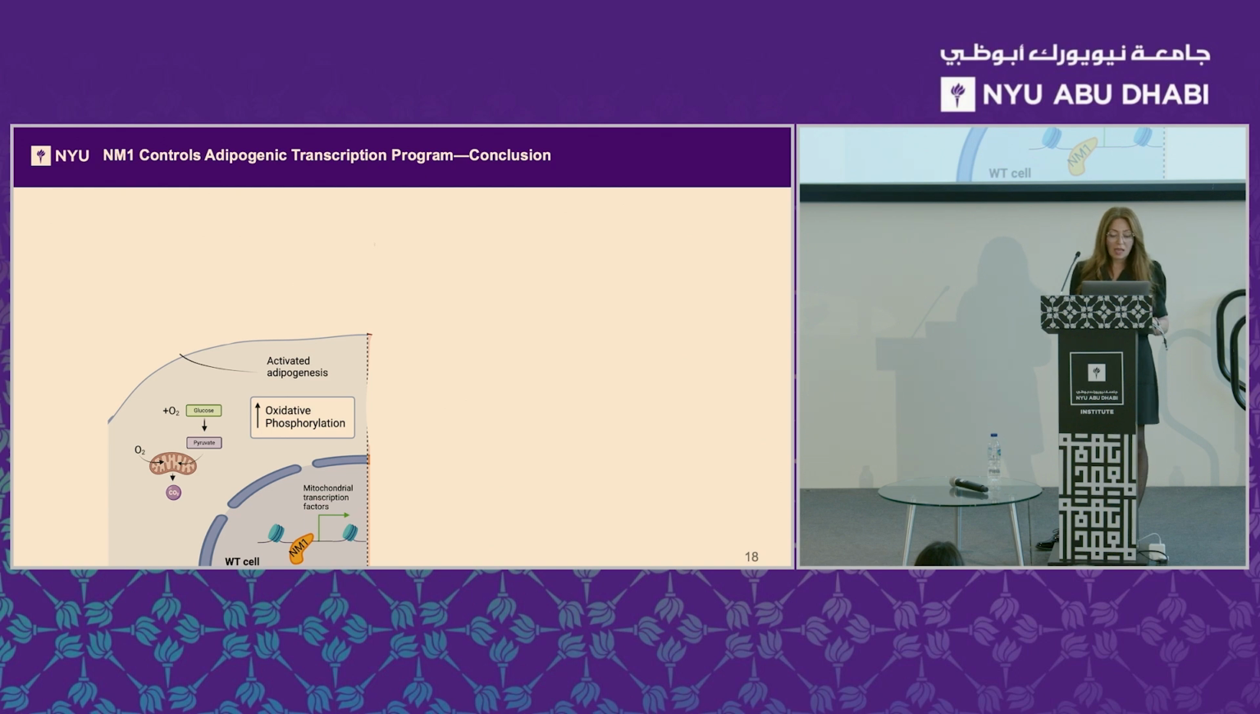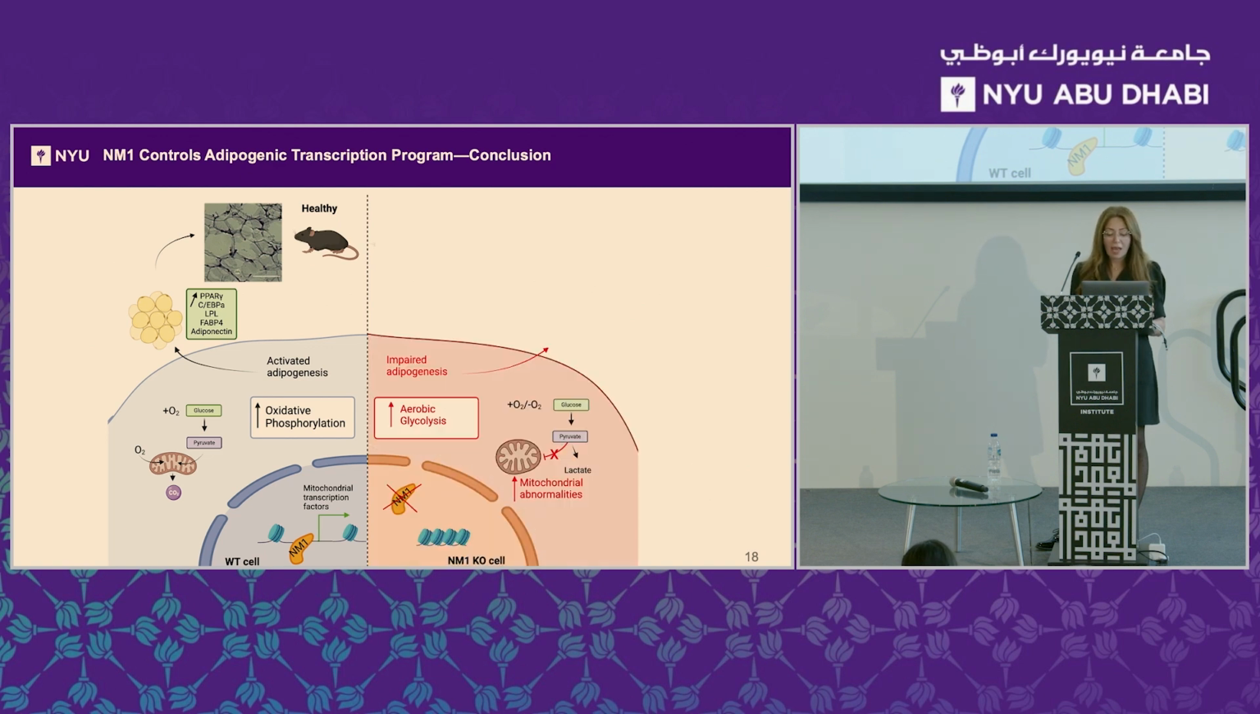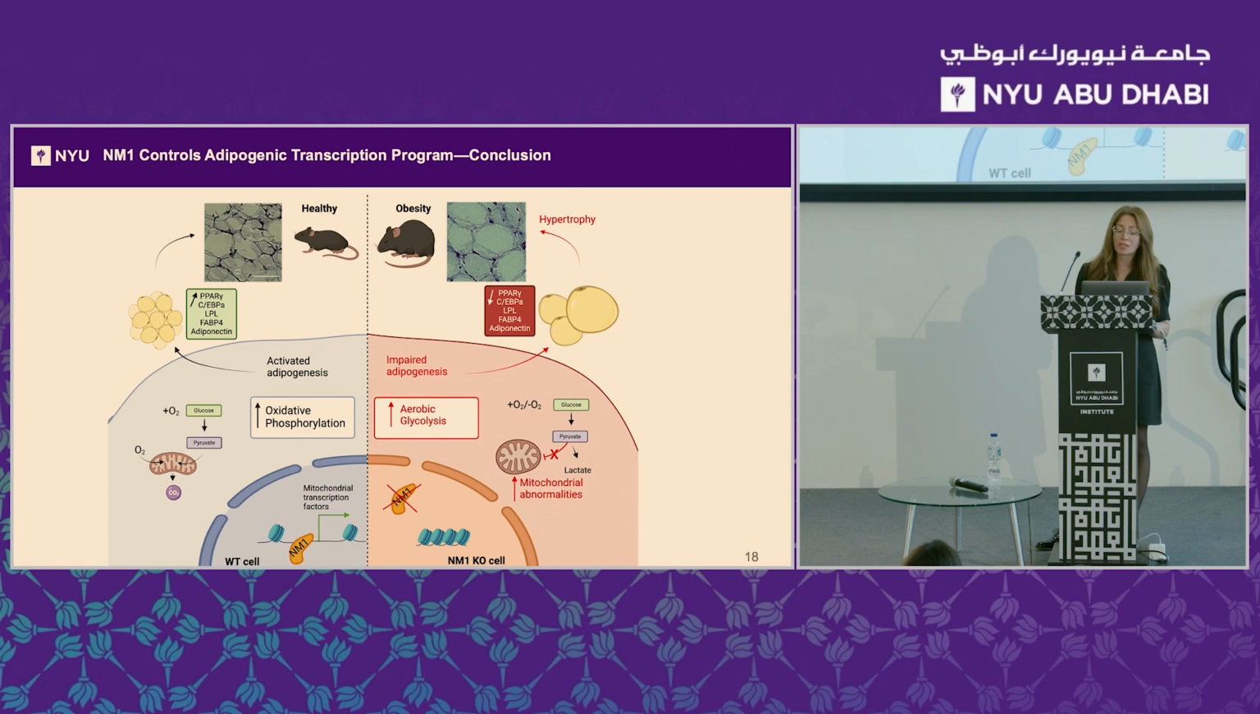And with this, I want to conclude and give you an overview of the project. So when there is NM1, we have healthy mitochondria and healthy oxidative phosphorylation. We have healthy and, of course, a good number of adipocytes, and we have these slim, healthy mice. Then when we don't have NM1, the chromatin is compact. We don't have enough transcription of mitochondrial transcription factors, and then we have this impaired adipogenesis, and finally the cells get bigger to compensate, and we have